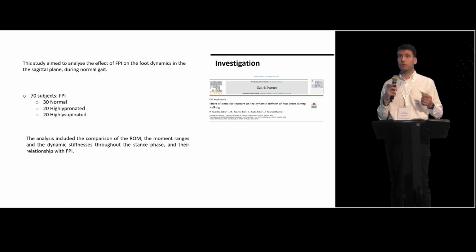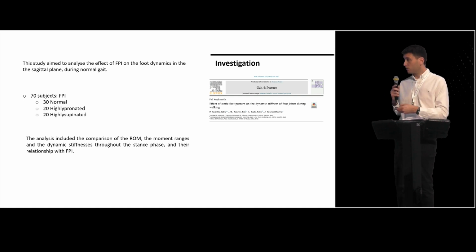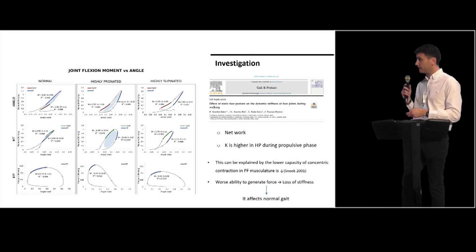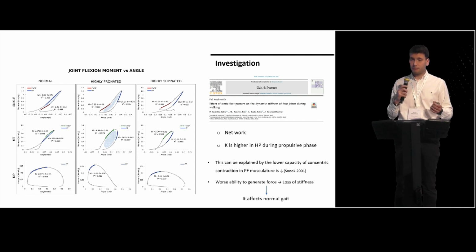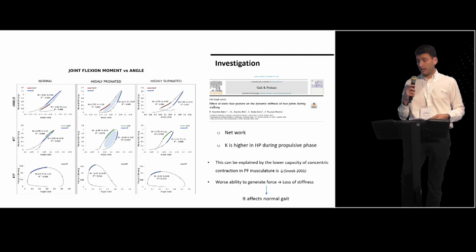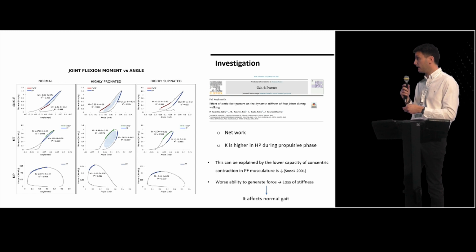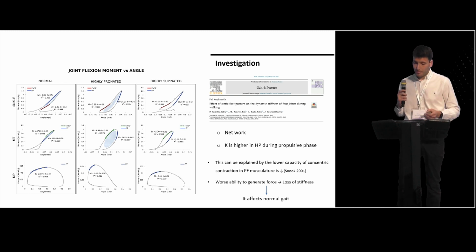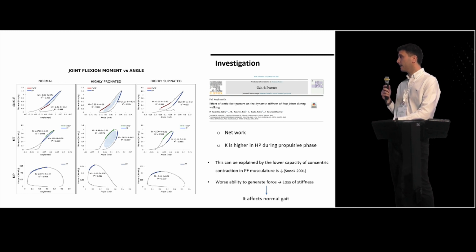As this presentation focuses on the stiffness results, I show the graph of the stiffness. I can see the graph of each foot and each joint: ankle, mid-tarsal, and metatarsophalangeal joint. If we talk about net work, it is the area within the graph. I can see that the normal foot has the smallest area. That means that this foot is the best balanced or equilibrated. However, the pronated foot has the biggest area, meaning they have absorbed more work, and then this makes them